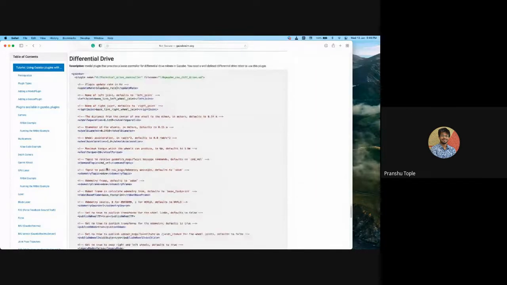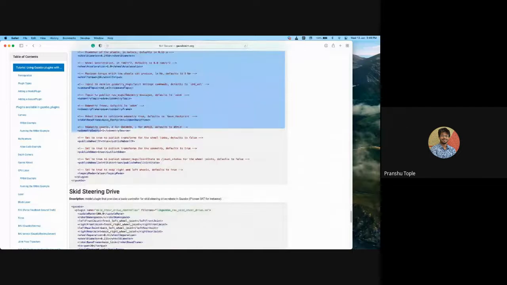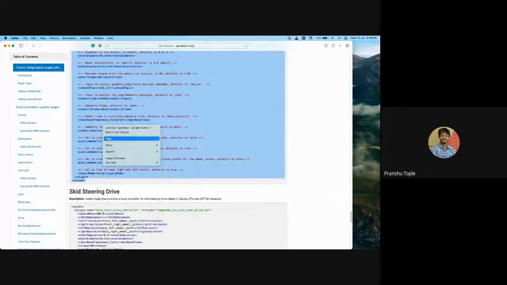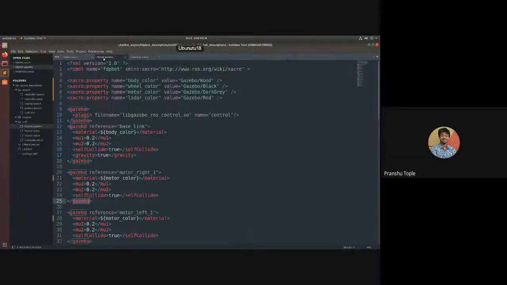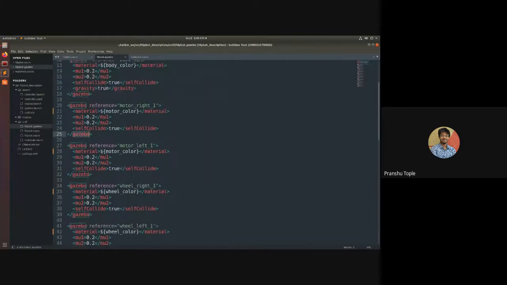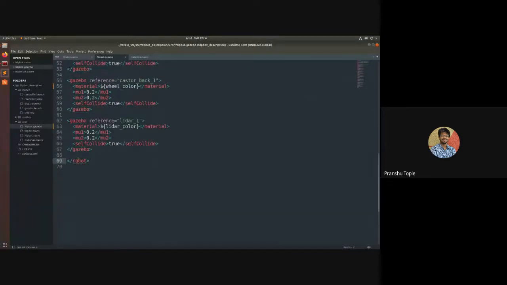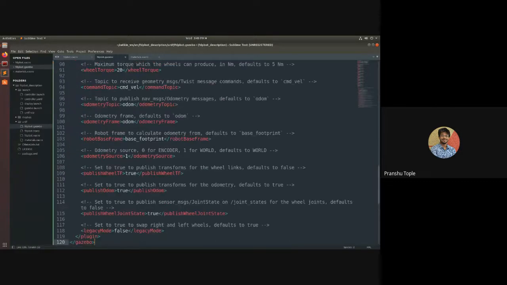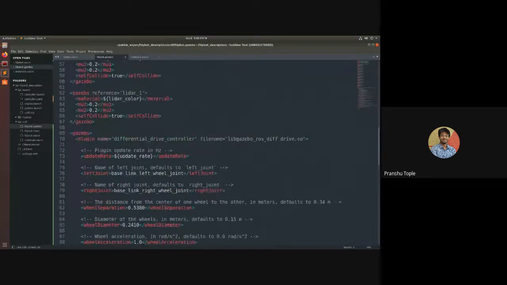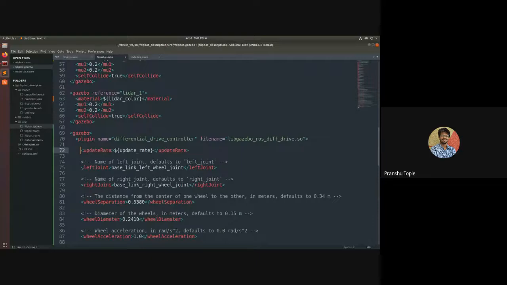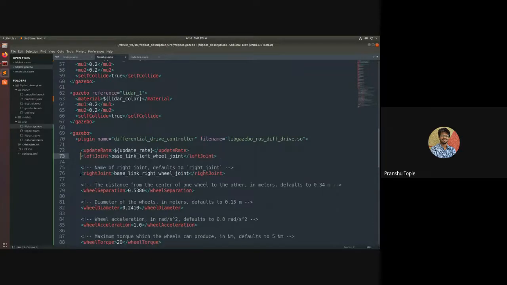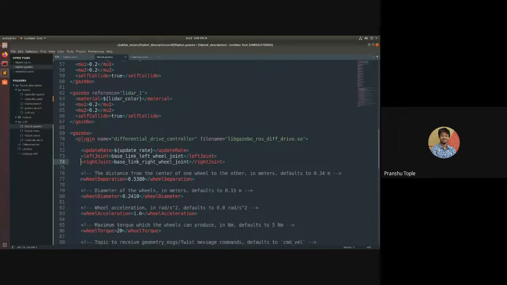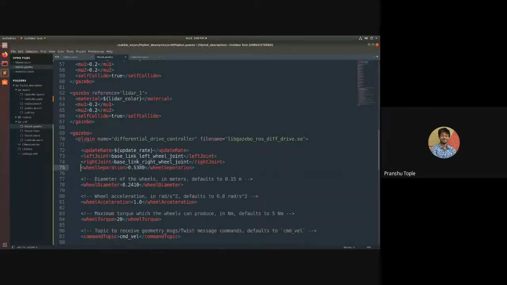So as it is open source, just copy all these things, go to your .gazebo file, scroll to the bottom. Before this robot, place your marker and paste it. Now there are a lot of comments over here. You can remove these comments if you wish, because they might confuse you. But if you want, you can read them before deleting. But I will be explaining them, so don't worry.